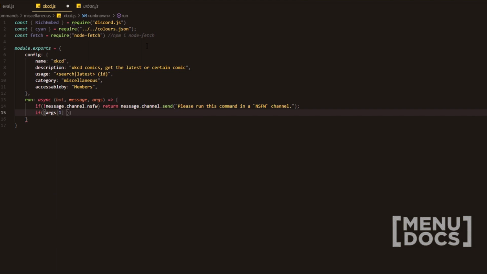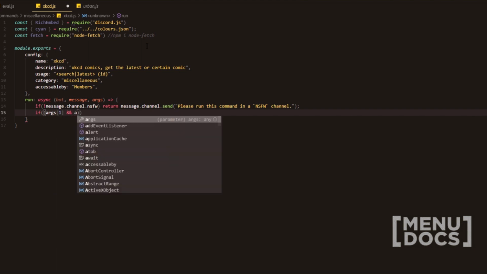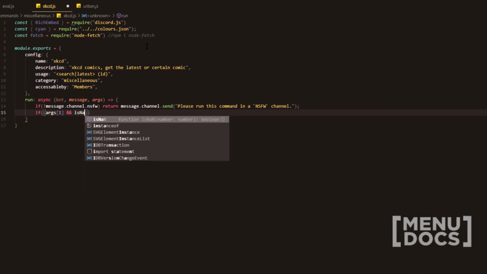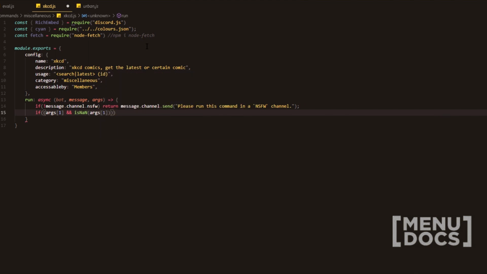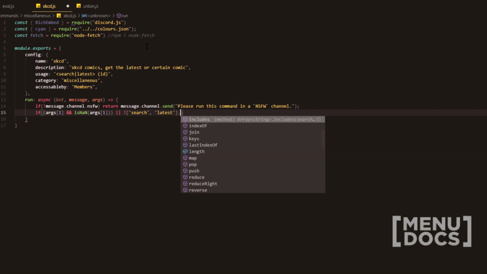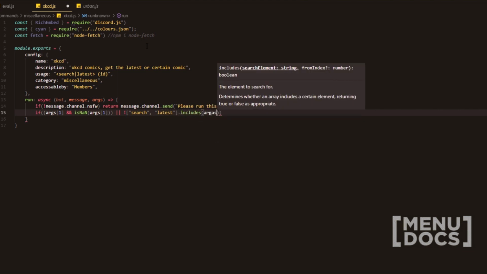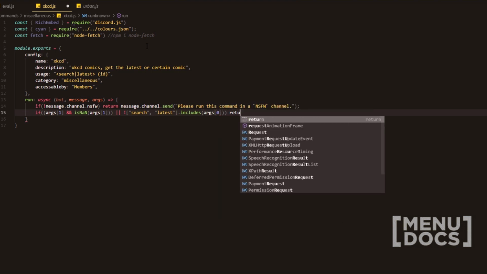But what we're going to do is we're going to have an AND operator here, and we're going to check if args[1] exists, and if so, we're going to check if args[1] is not a number. And then on the outside of this, we want to go double out, sorry. Then we want to do an OR operator, and we want to use array includes to check if search or latest was given in args, I think args[0] here. And then if not, we want to return a